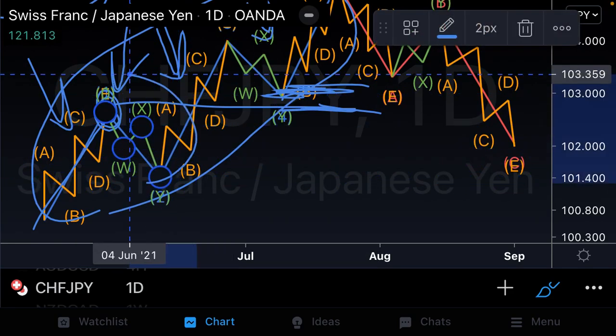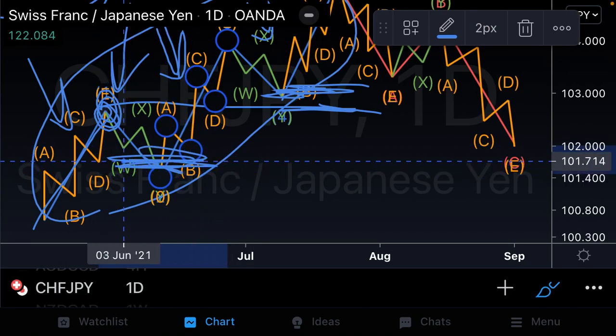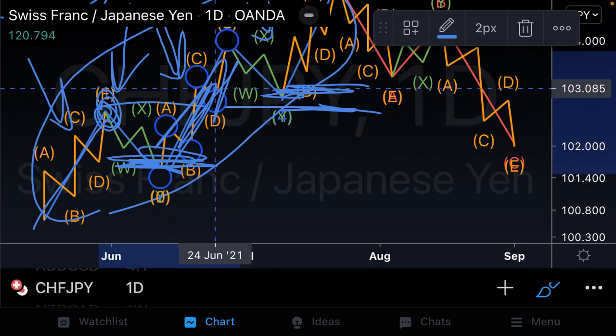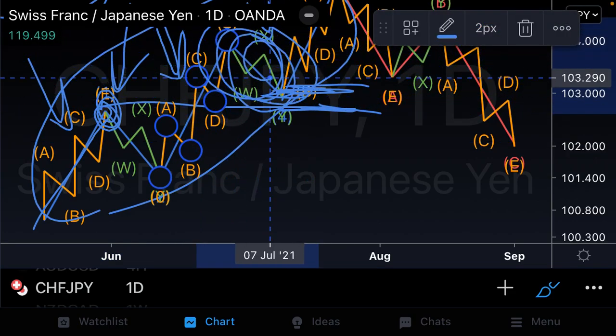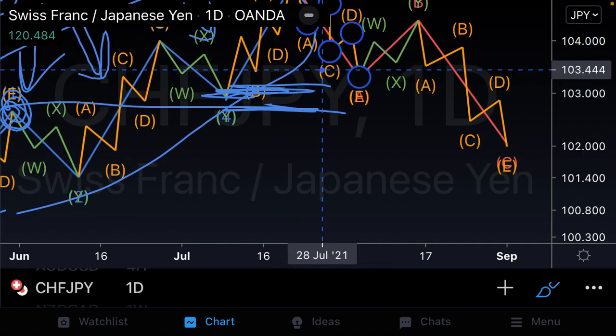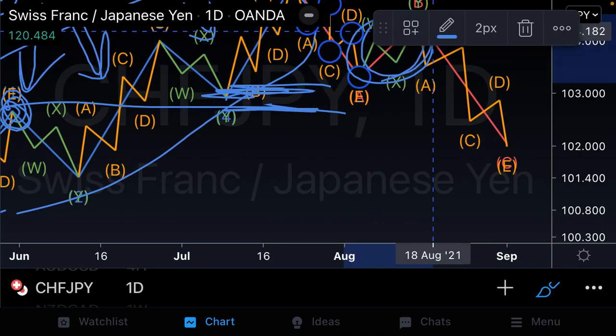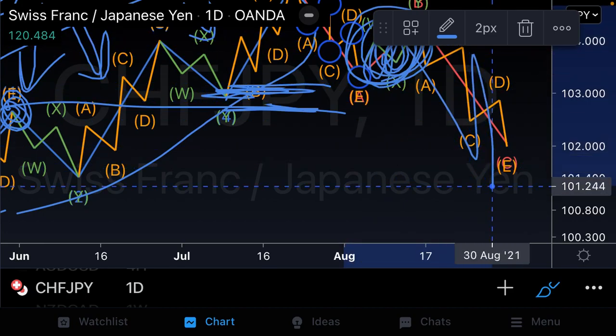How can our wave 2 form? How can we capitalize on this corrective structure, being able to buy this next impulsive move? How can we capitalize on wave number 4, being able to buy the next impulsive wave number 5? How can we capitalize on this wave number B of our corrective structure to capitalize on that last impulse